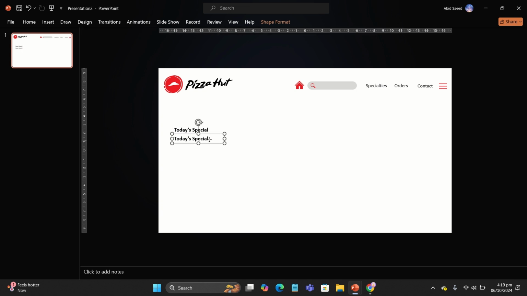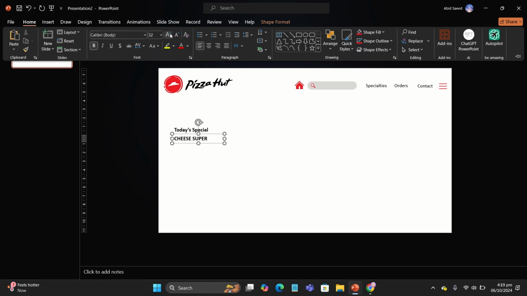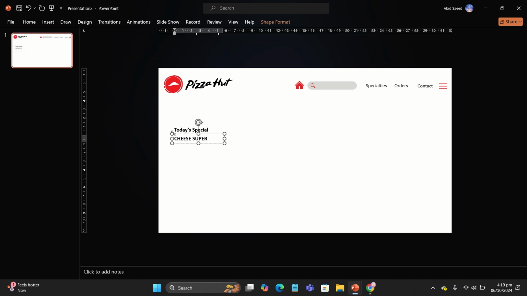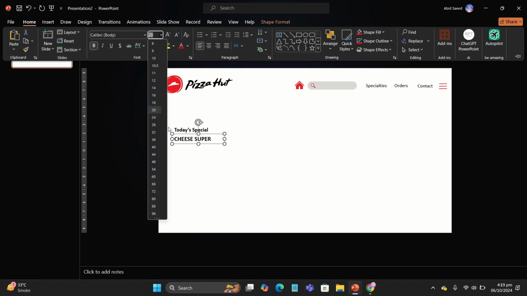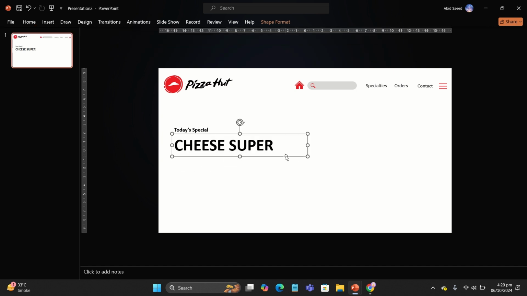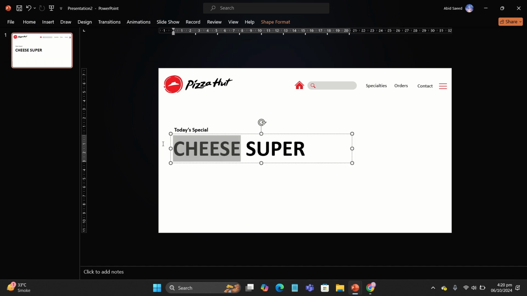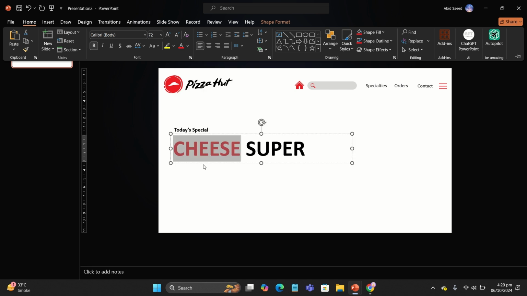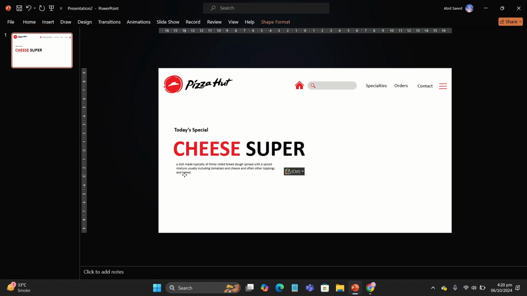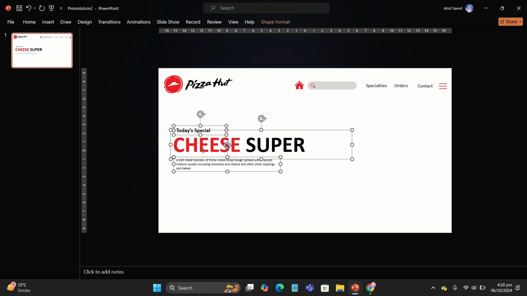Let me just duplicate it and let's give the name of the pizza, like what flavor it is and what's its name. I'm gonna use cheese, and yeah, cheese special. I'm gonna use cheese super. Yeah, that looks great. Go to insert tab and increase the text size like this, and I'm gonna increase its size, yeah, like this. And let's just select cheese and give it this red color, and let's put the content text right here and adjust the text like they I'm gonna put them really super close, and let's move them